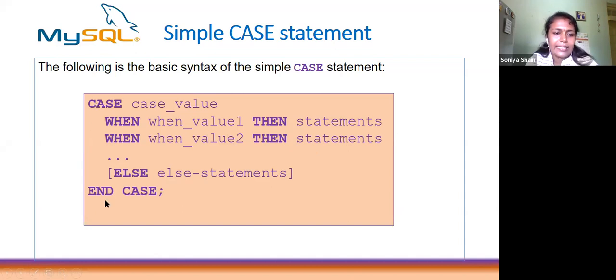Then finally the case ends. Okay, the flowchart and all is the same as that of the if else if statement, a group of multiple conditions there. So there is no need to represent the flow diagram again. It will be the same as the else if ladder format. Okay, so go through the syntax once again. Case value, when the first value, then statements, when the second value, then statements, like that, etc. Then else default statement, if required, you can go for the default statement. Then end the case.